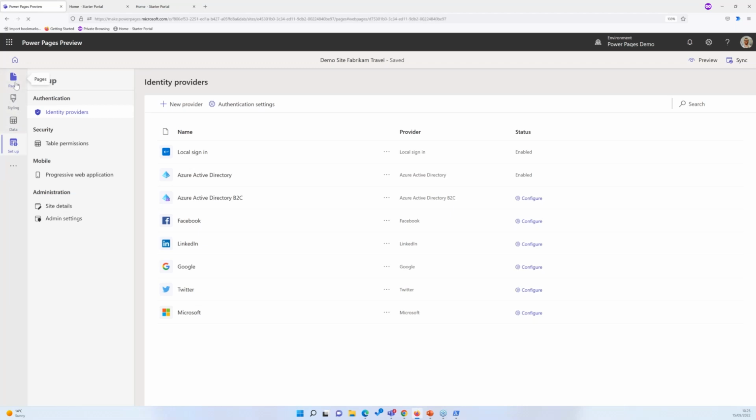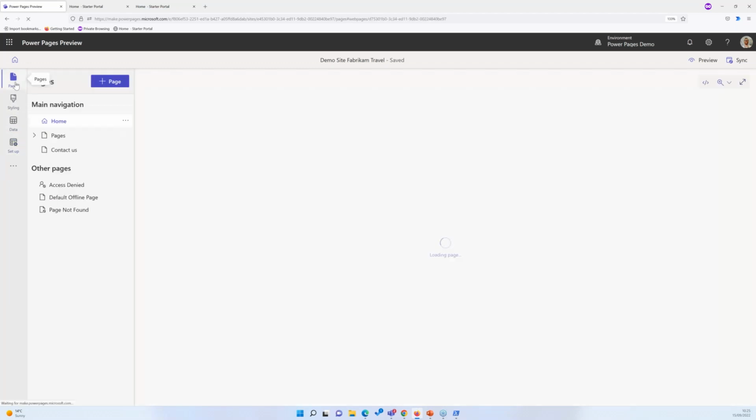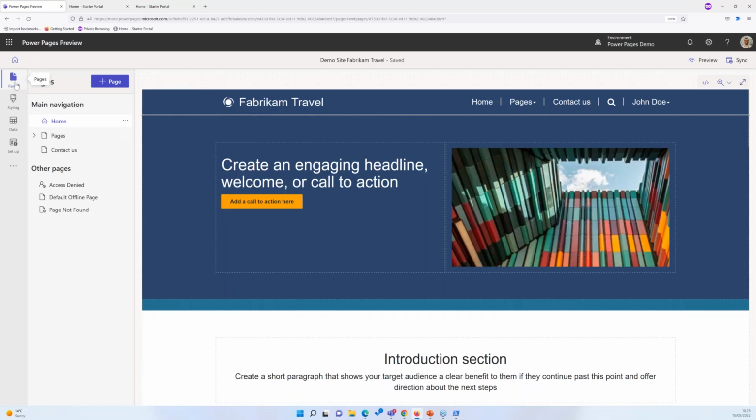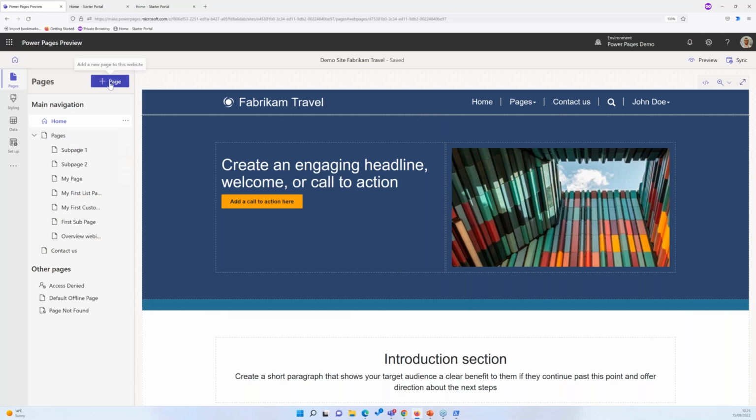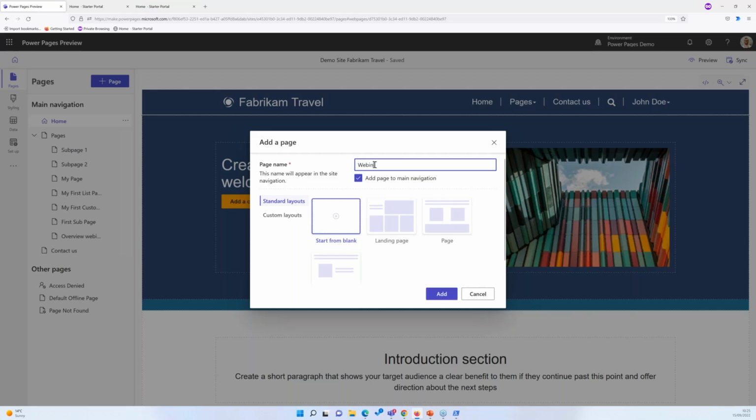Let's start with pages. As you can see here, you have a preview pane, which makes the editing experience a bit easier, or the editing canvas, and then you have the preview pane. So let's have a look at this pages one. What I could do is create a new page like this, and I would say webinar demo,